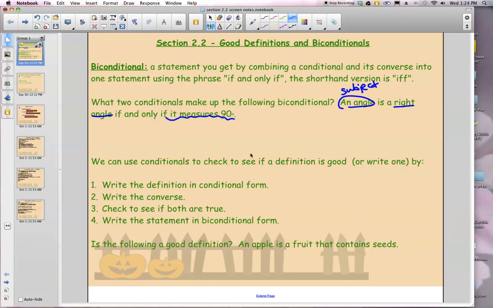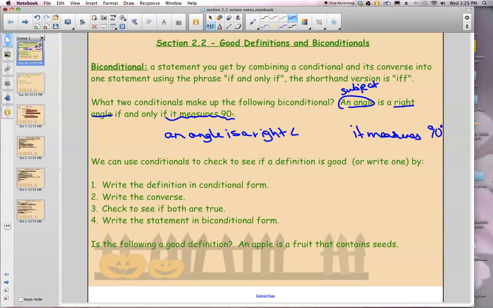That would be the second piece. So to take this biconditional and look at what it's made up of, we have an angle is a right angle, and then we have that it measures